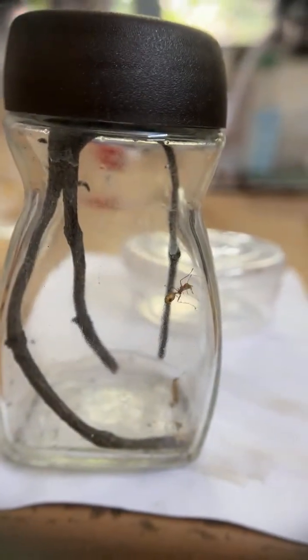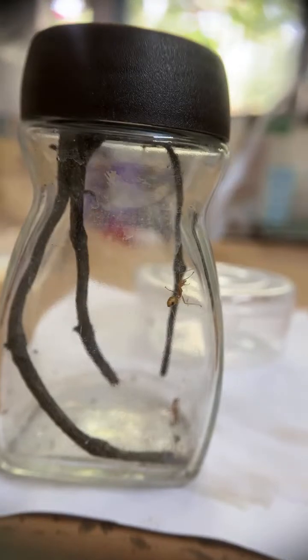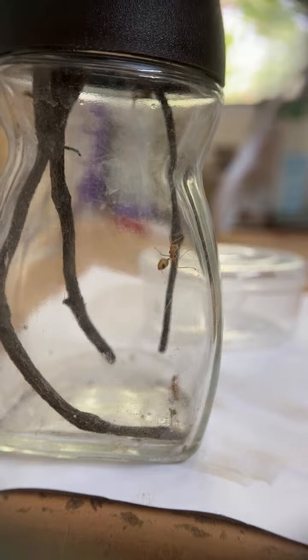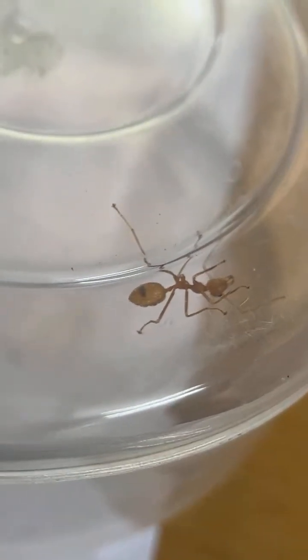Today is 13th of June 2024, and what I have here is an interaction between two ant spiders and two ants. So these are the weaver ants. This is one weaver ant, and here is another one, another weaver ant, red weaver ant, and